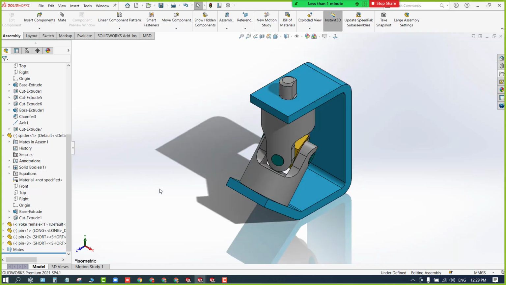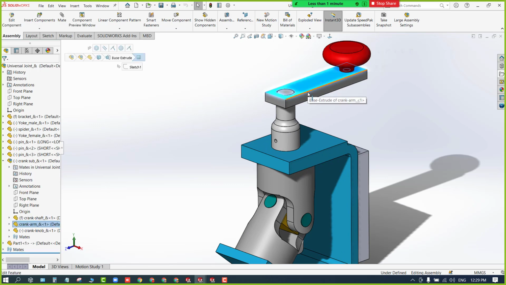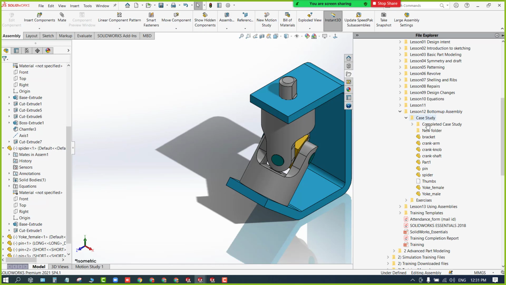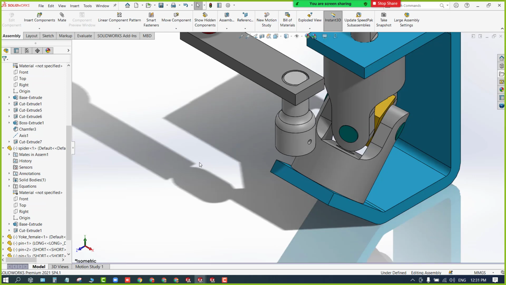Clear? Now I need this entire component. So you already know how to assemble each and every component, right? But I need this entire sub assembly. Okay, so you got it now. I need this sub assembly. All the crank sub assemblies I need. What you can do is go back to your model. From there you can select this sub assembly. This one I need. Drag and drop it.